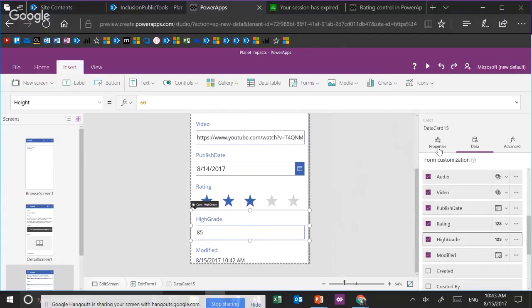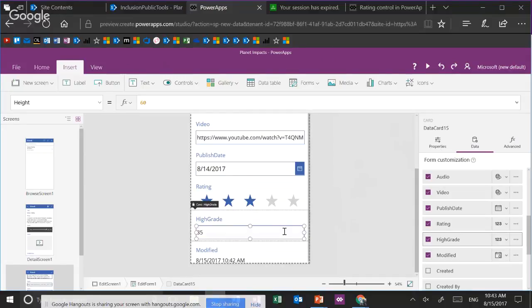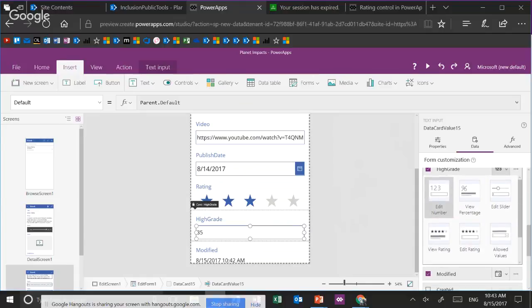So if I was a teacher, right, and I'm typing 85 in there, I might mean 85%, like a grade, right? So I can go over to my 1, 2, 3 here, and if I scroll down, you'll see that I have several choices for grade. And I'm going to actually choose this little percentage bar,